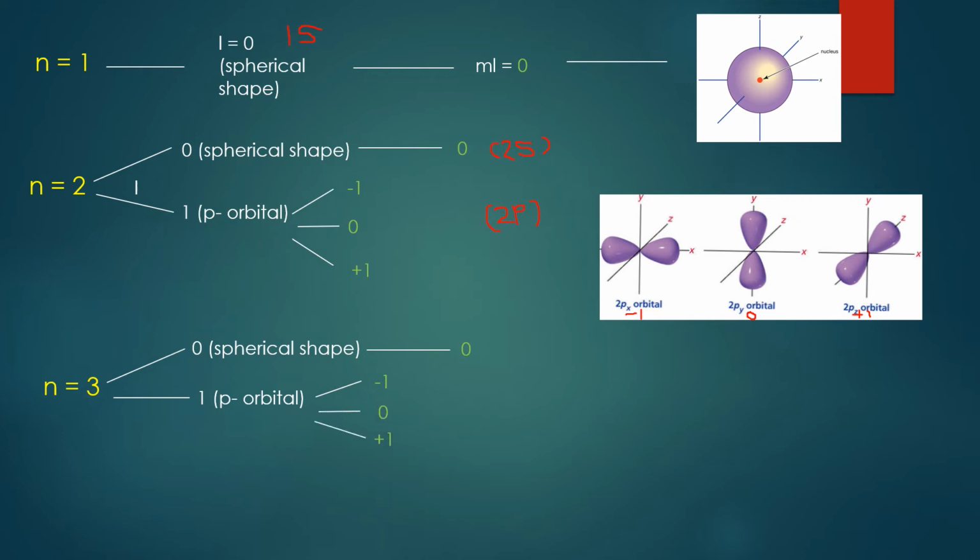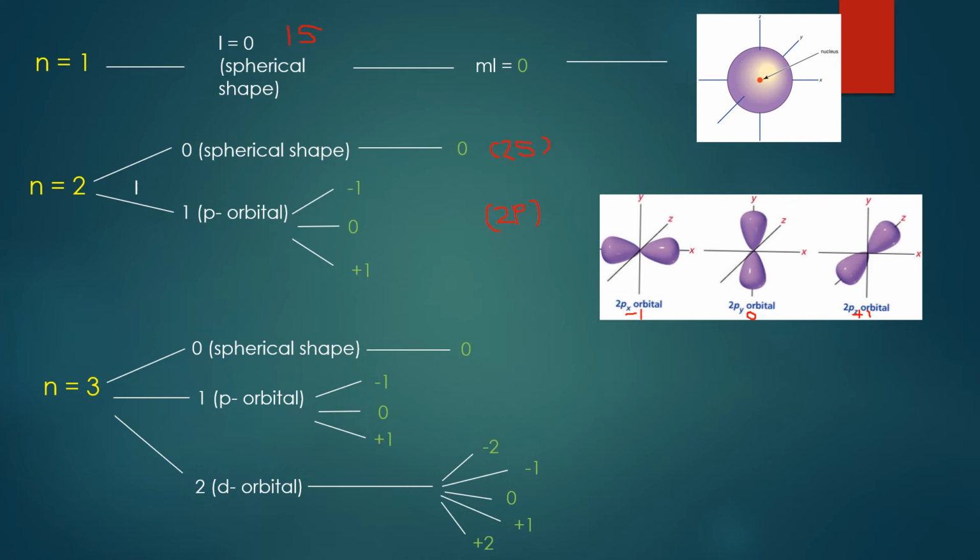And once we find the L values for the third shell, we look at the third one. N minus 1 is equal to 2. So that means the L values are 0, 1 and 2. So if L is equal to 2, then we are looking at a d orbital, right? If L is equal to 2, ML values will range from negative L all the way to positive L, which is negative 2, negative 1, 0, positive 1 and positive 2. We just follow the number line pattern, okay?